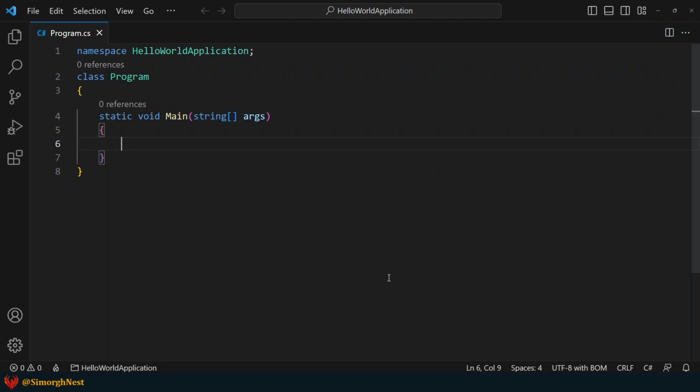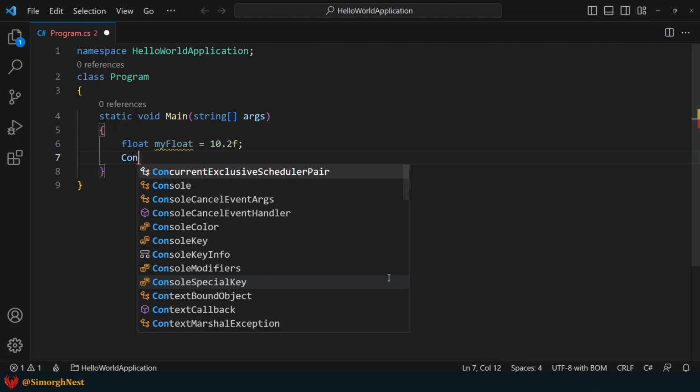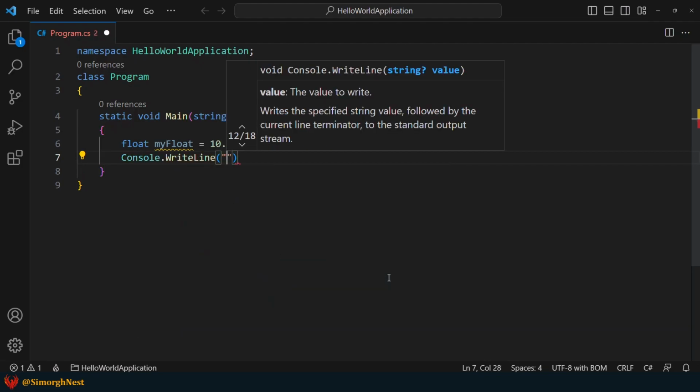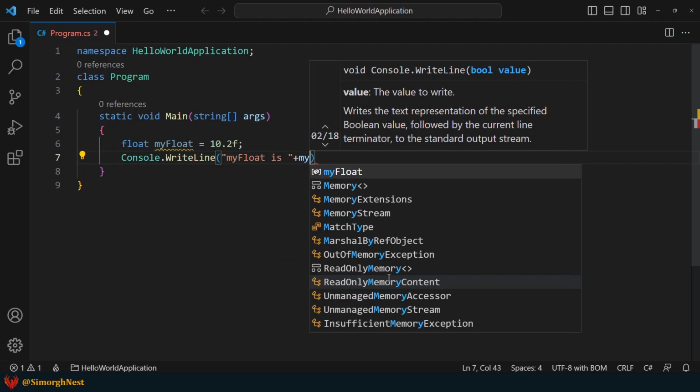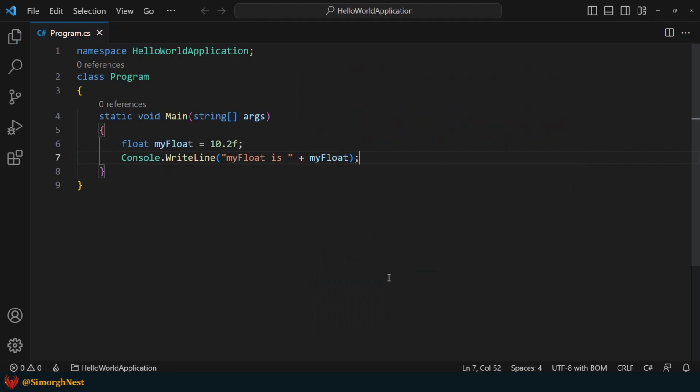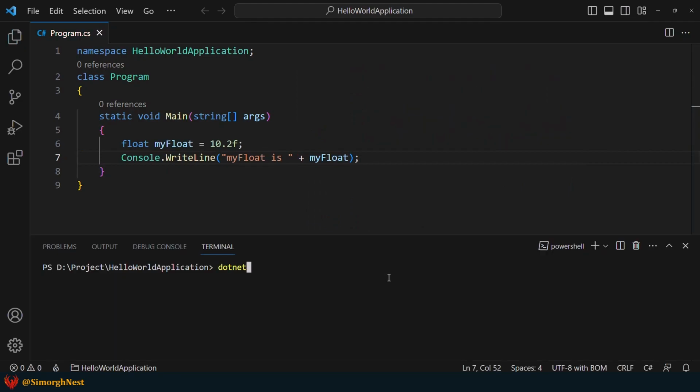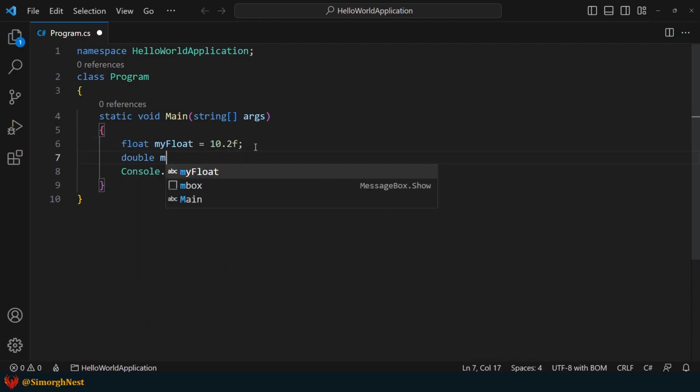First, let's declare a variable of float type. So, we go for float myFloat equals 10.2f. Now, let's display it in the terminal. Save the file and try it out. Okay, as you can see, we have a decimal value in the terminal. Now, let's declare two variables for double and decimal types.